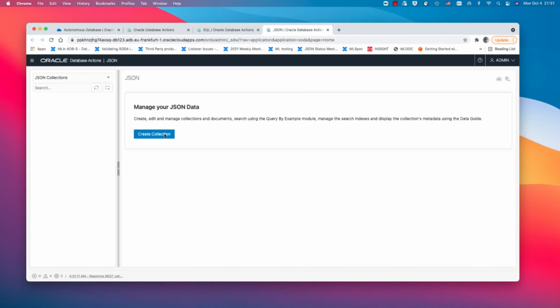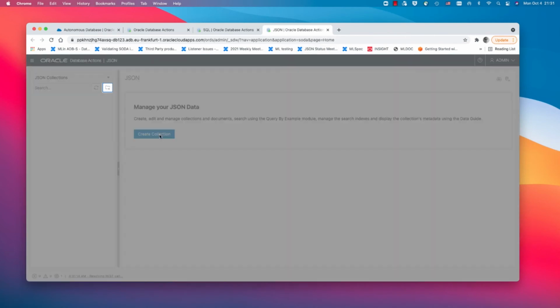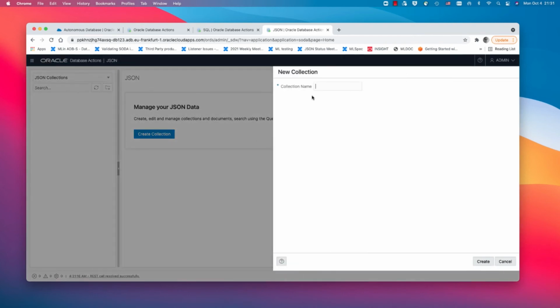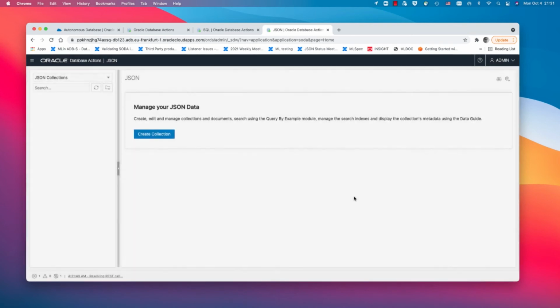Now the collection is something that allows you to store JSON data in a named collection, or just like a bag of JSON documents. And we want to store our student data in a JSON collection. JSON collection means all my data is JSON. It is not a mixture of relational columns and one or two JSON columns. Instead, this is all JSON, similar to MongoDB, for example, where you also have this collection concept. Okay, so I get this message that a collection got created.